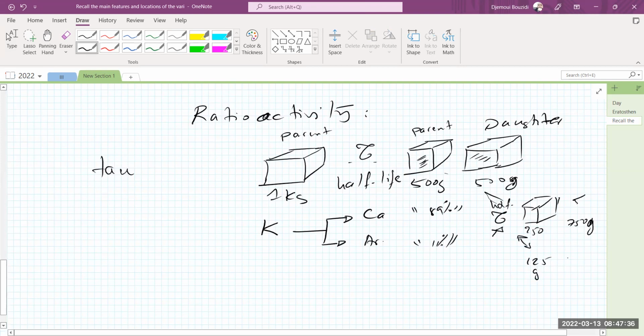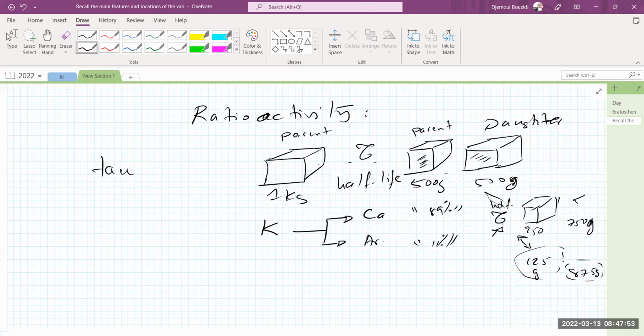So now from the daughter, I will have 875. If I can determine the ratio of these two, I can tell how many taus have lapsed. And that's exactly the process that we use for dating in geology, using radioactive dating, or actually